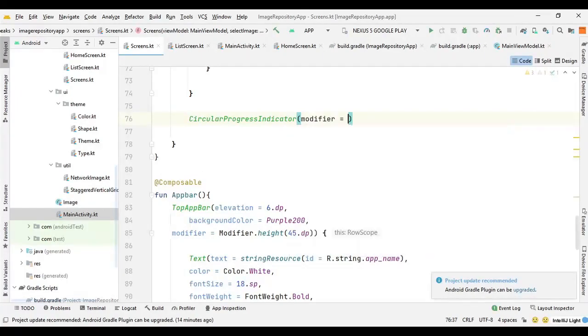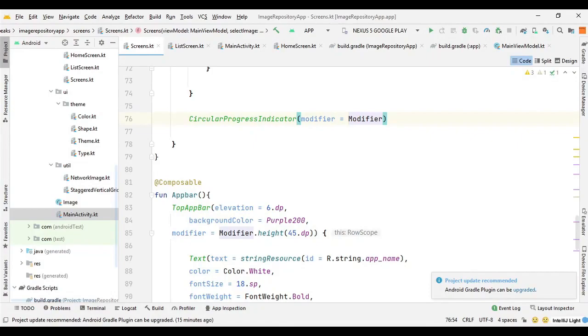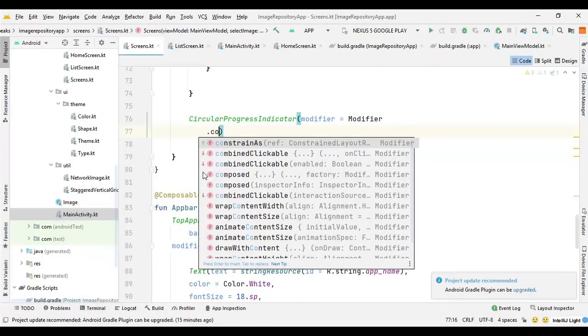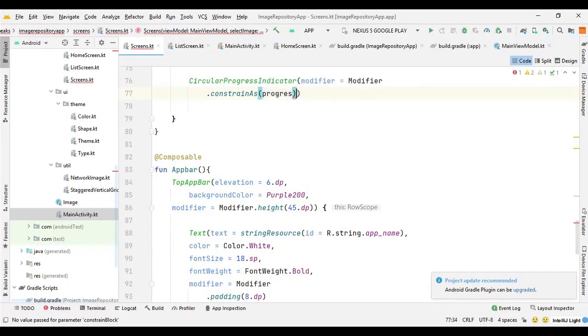So we can say modifier equals modifier, and we need to constrain it. So we can say .constrainAs, and we can provide the progress, and then we need to provide the constraint scope.